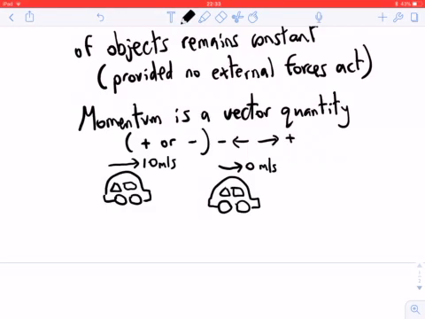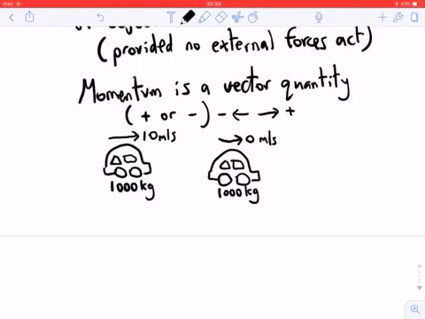And let's imagine that they've both got a mass of 1,000, just to keep the sums simple. Now, lots of things could happen when they collide, but a simple case is where they get stuck together. So now effectively we've got one big car with a mass of 2,000, which is going to be shunting forwards with an unknown velocity which we're going to call v.